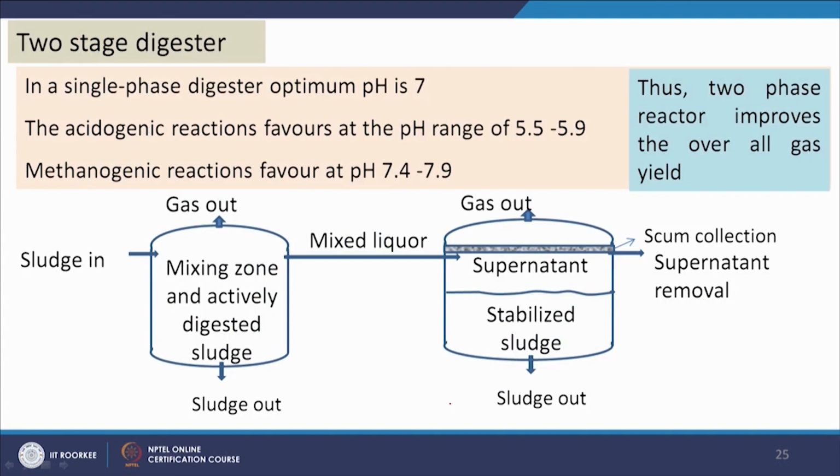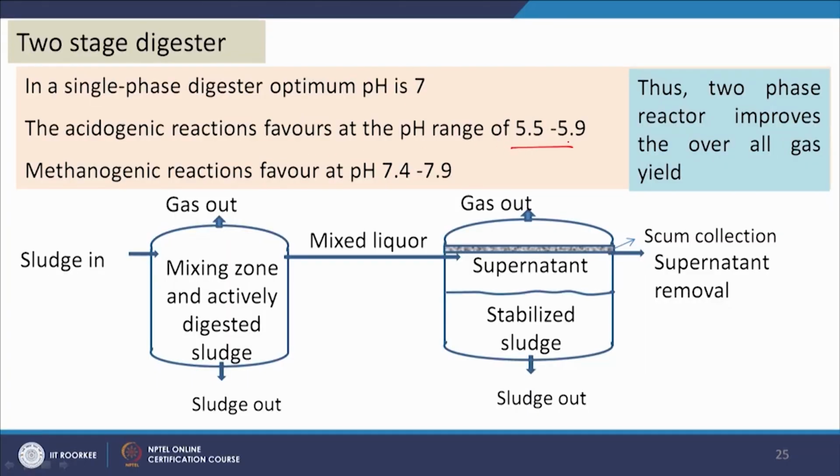And in a single step reactor there are some disadvantages, because the acidogenic and acetogenic reactions happen at lower pH, whereas the methanogenic reaction takes place at higher pH. The acetogenic reaction is favored at pH 5.5 to 5.9, whereas the methanogenic reaction takes place at 7.4 to 7.9. So, if we can perform these two different types of reactions in two reactors at two different pH values, the performance in both the reactors will be high. As a result, the overall performance of the process will be very high, unlike in the single step maintaining pH